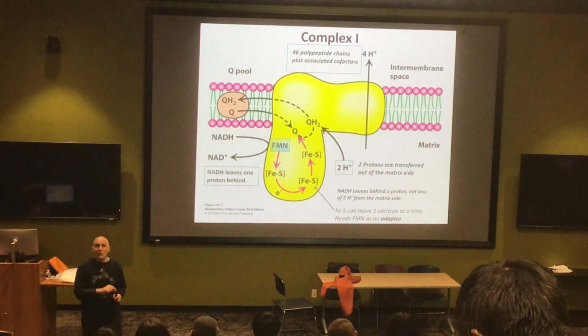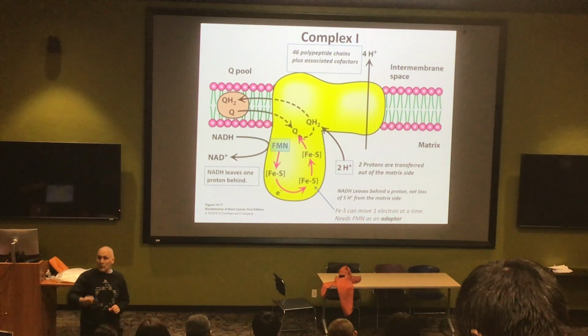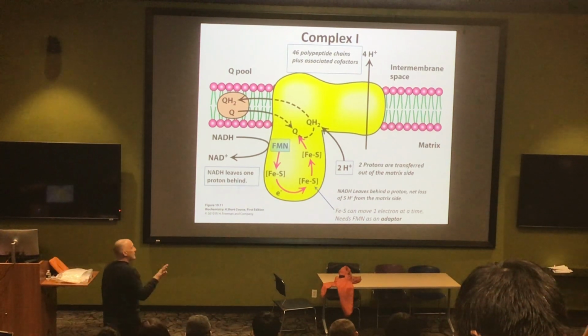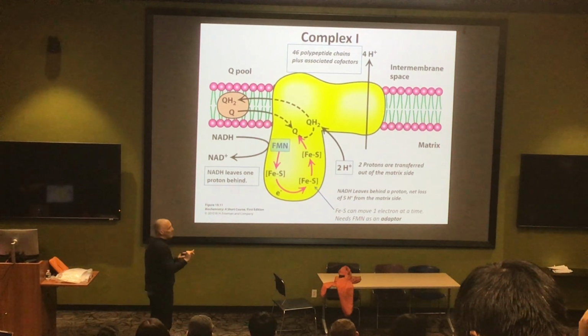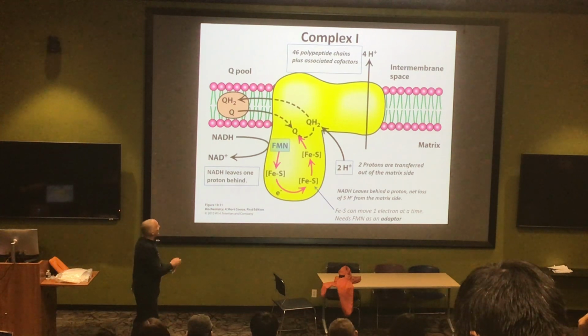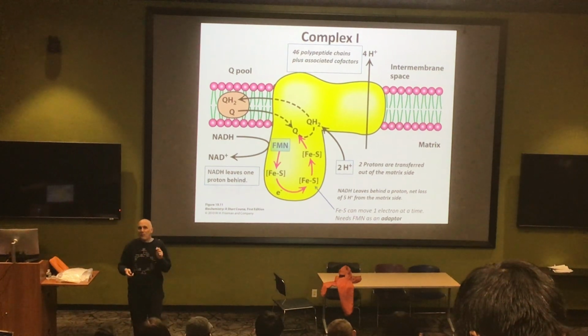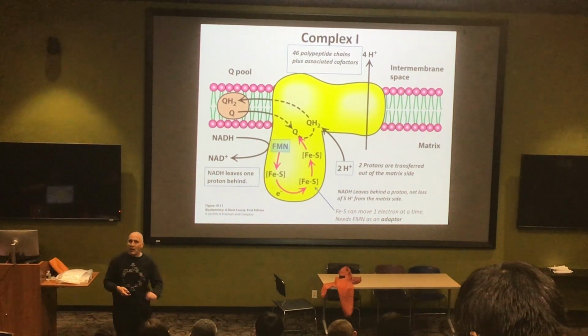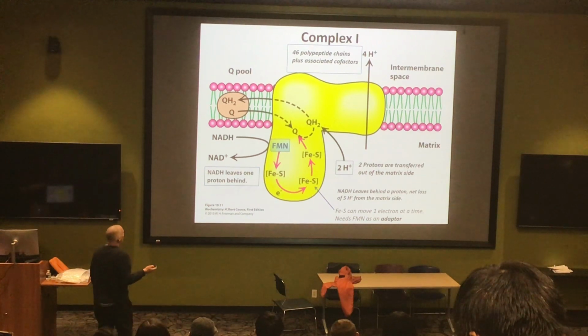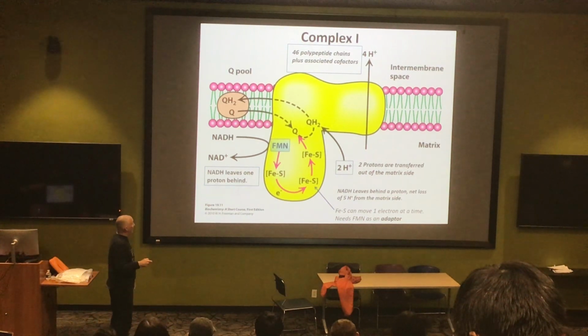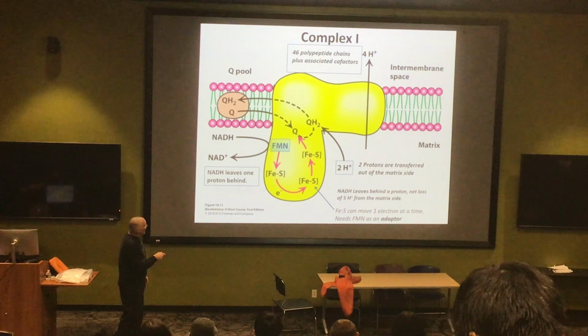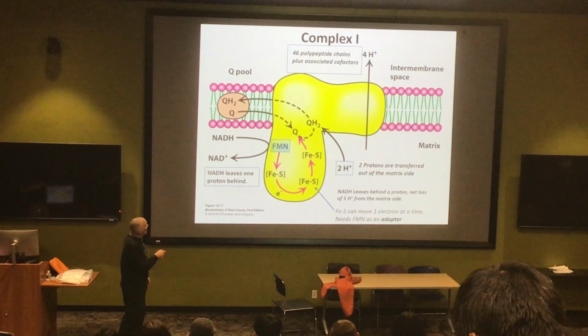Now we are later on going to count the number of protons that are actually moving, but what's going to make this a little bit tricky, and we will see the simplification, is that 4 protons are being pumped. So you're moving 4 protons from this side of the membrane to this side of the membrane, but that's not the imbalance in protons you're creating. What do I mean by that? Well, at the end, this iron sulfur cluster is going to transfer those electrons onto Q to make QH2. So those 2 electrons will get transferred to the quinone.